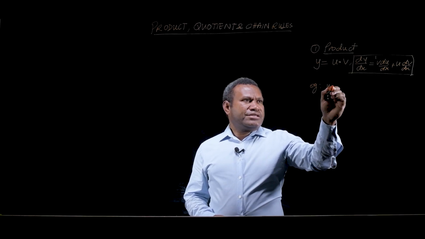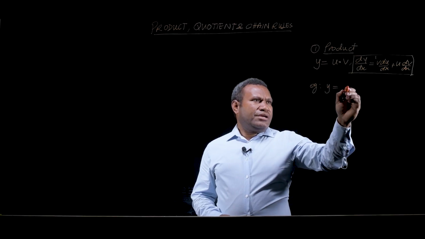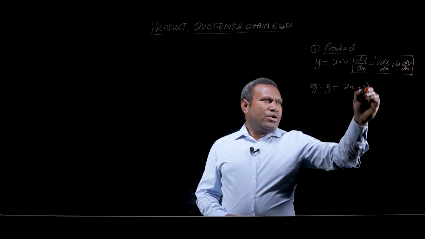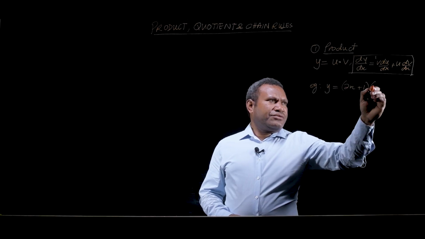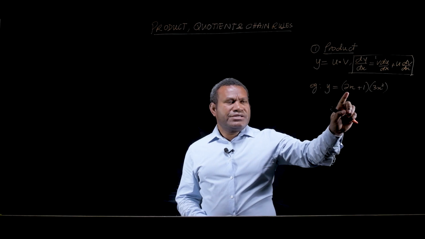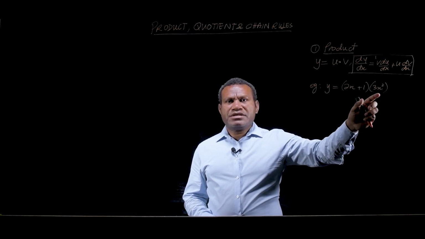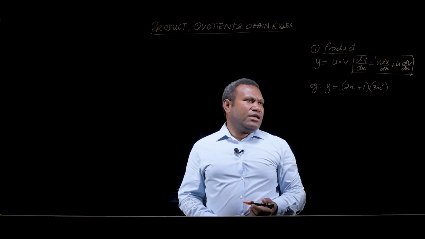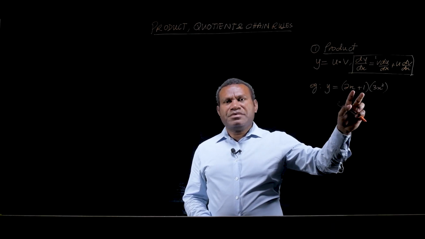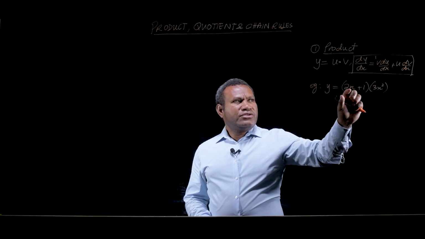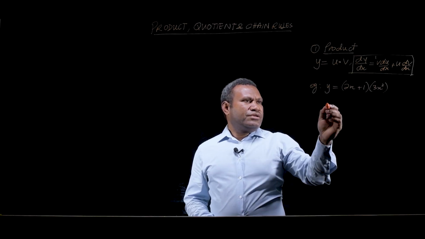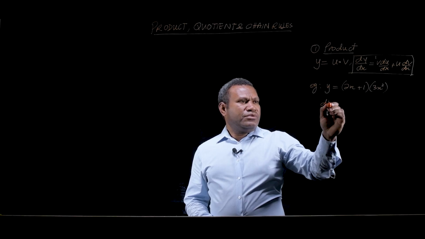If I have y is equal to, let's say, 2x plus 1 multiplied by, let's say, 3x squared. As you can see, there are two functions and they are multiplied together. So how do we find a derivative? Again, we just have to simply plug these two functions into the formula. All right, so the derivative here will be equal to,